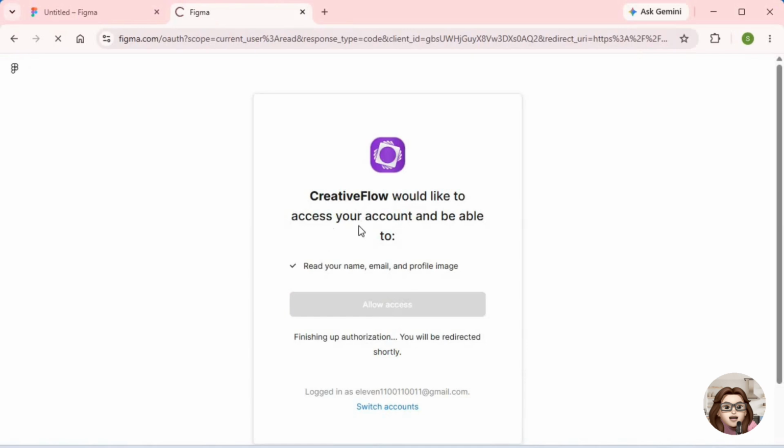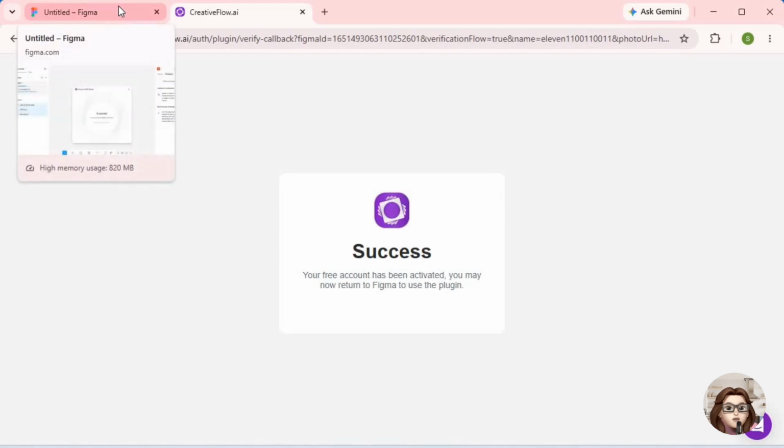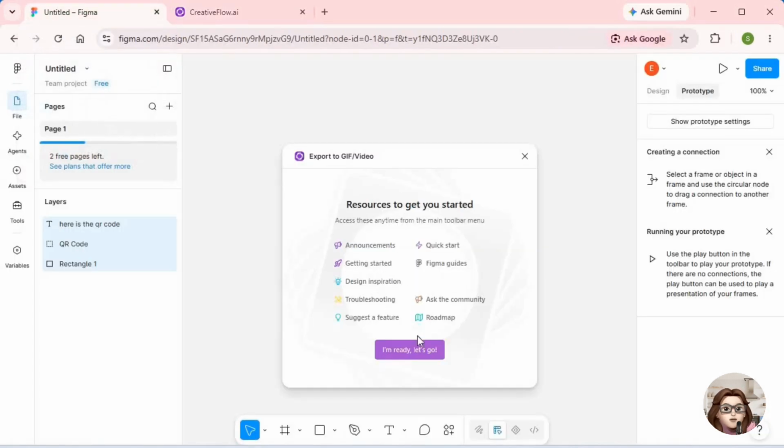You can now use the exported GIF in presentations, websites, messages, or portfolio projects. And that's it. You've successfully exported a Figma